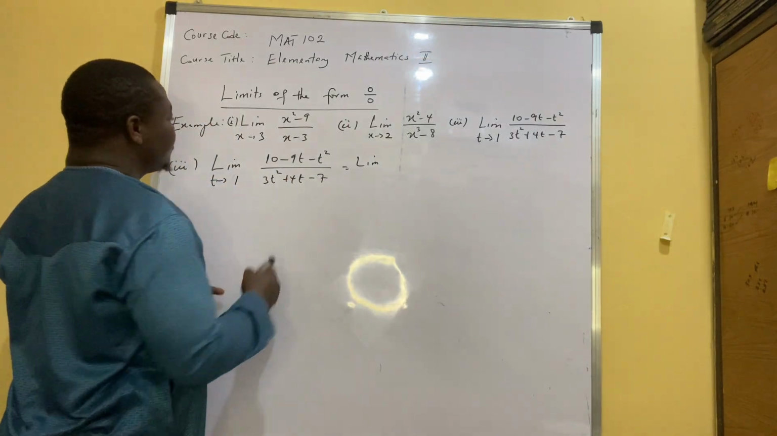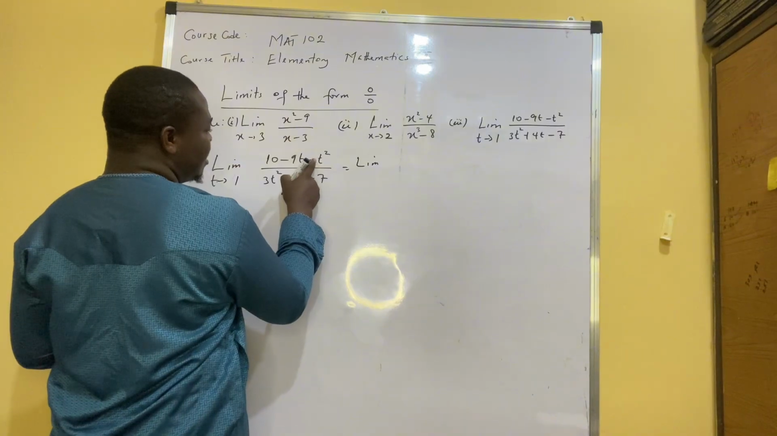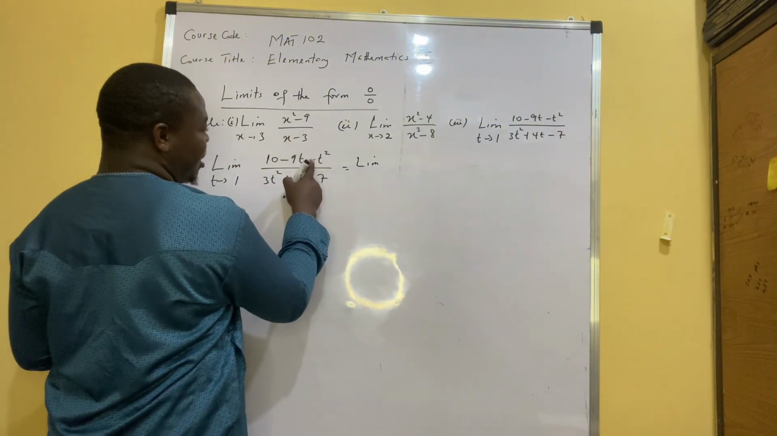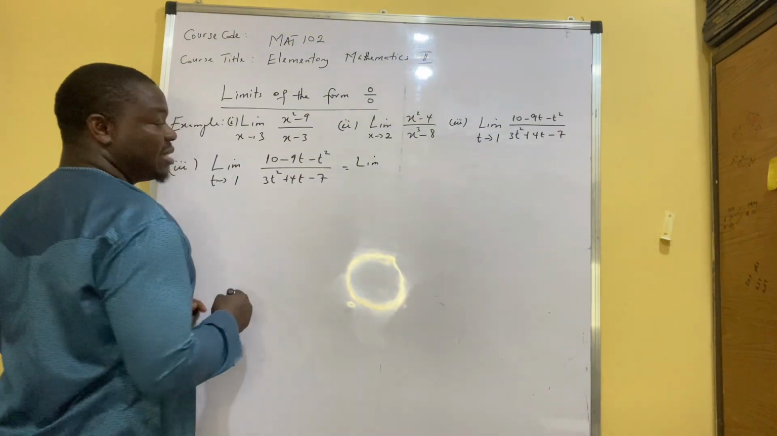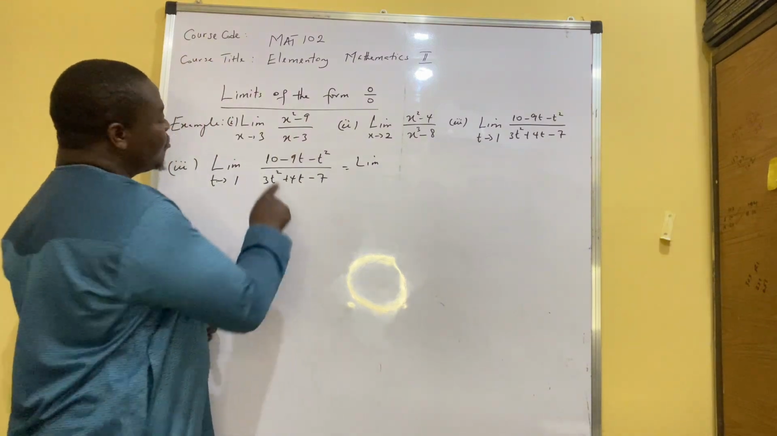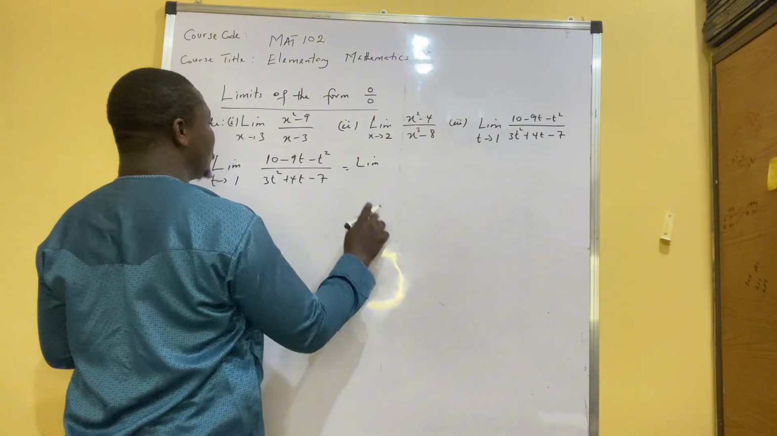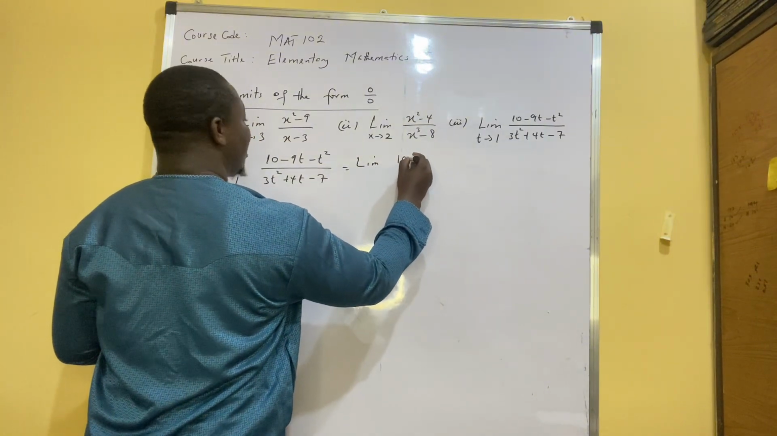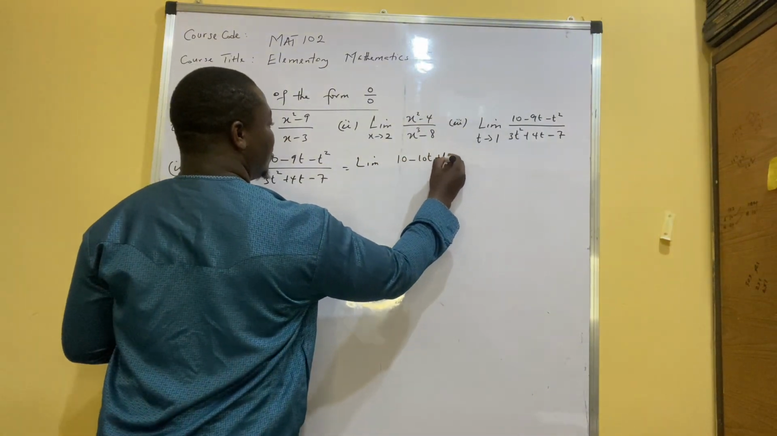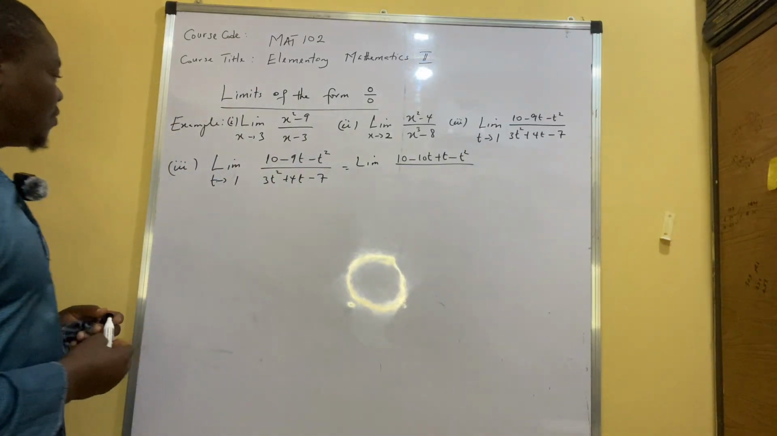Let's try to factorize. Recall that we multiply the coefficient of t squared by the constant term. That means we have minus 1 times 10, that is minus 10. Then we now find two values we multiply together to give us minus 10, and when we add together, we have minus 9, okay? So that will give us minus 10 plus 1. So that we can write this as 10 minus 10t plus 1t minus t squared divided by, for the denominator,